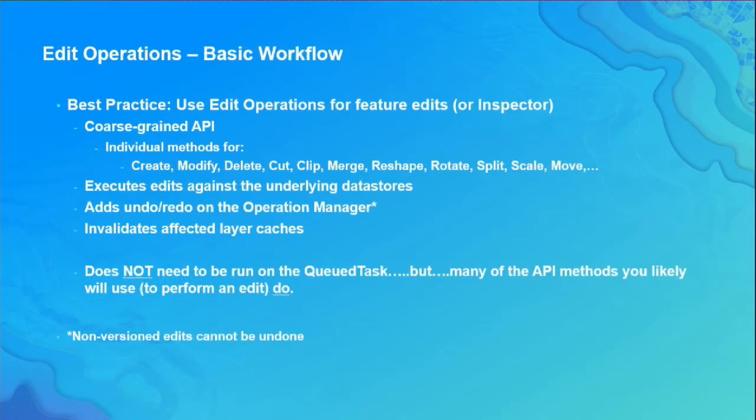Okay, so let's begin with edit operations and some basic workflow considerations. Generally speaking, we would say the best practice is to use edit operations for all feature edits. That would also include editing attributes in the inspector. There are a couple of scenarios where you wouldn't use the edit operation coarse-grained API. We will cover those. But in the majority of cases, you're going to use the coarse-grained API on edit operations,